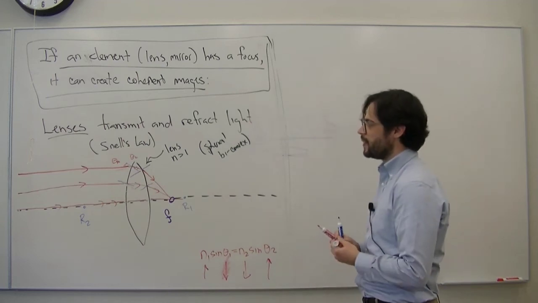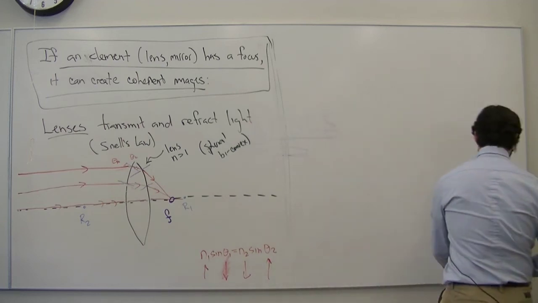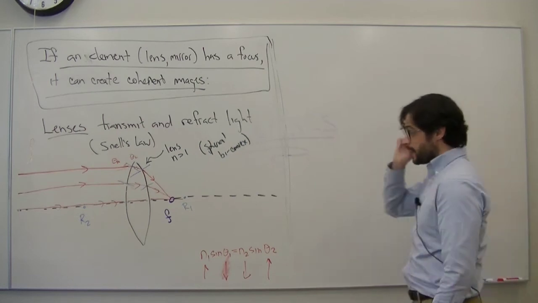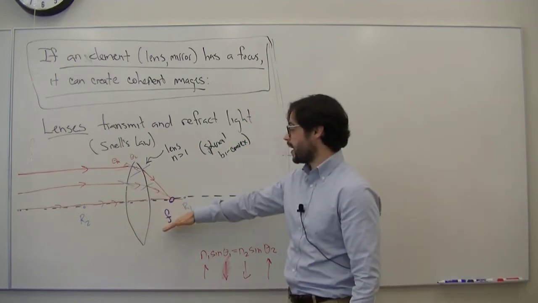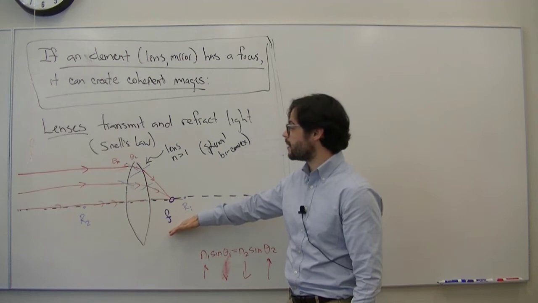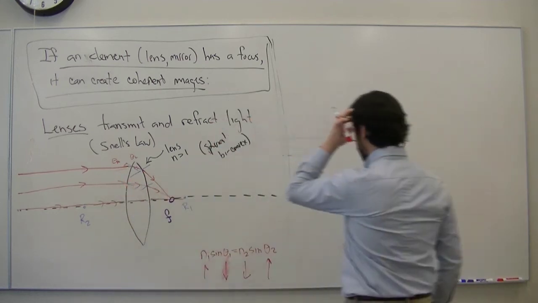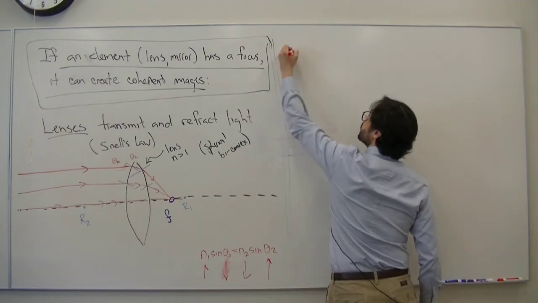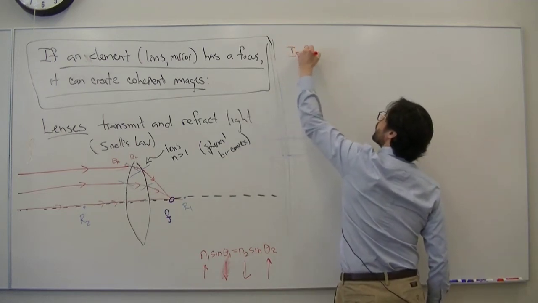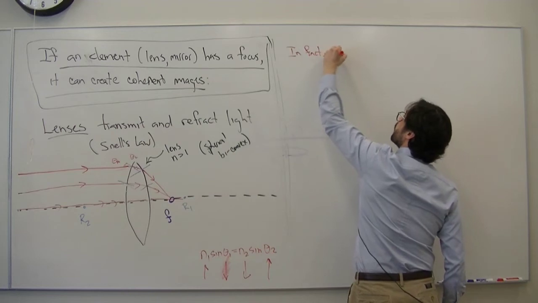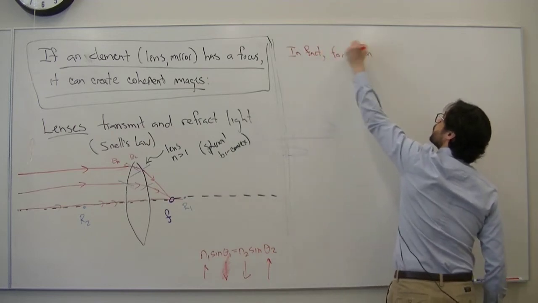Right? You can prove this, and proving it actually for spherical lenses is a bit tougher. It turns out that spherical lenses don't actually have a focus. They have an approximate focus, provided that this is very, very thin. So that's part of the reason that we skip the proof. So in fact, for thin lenses,